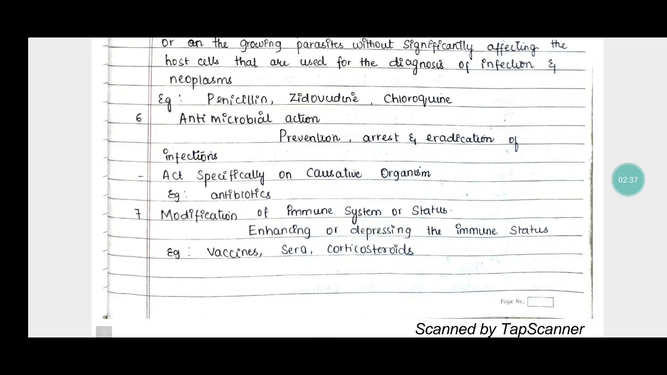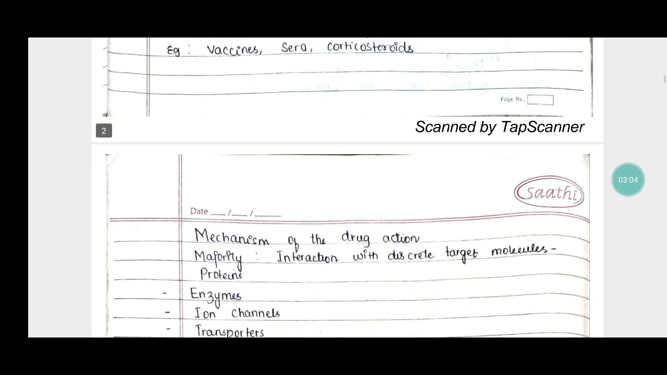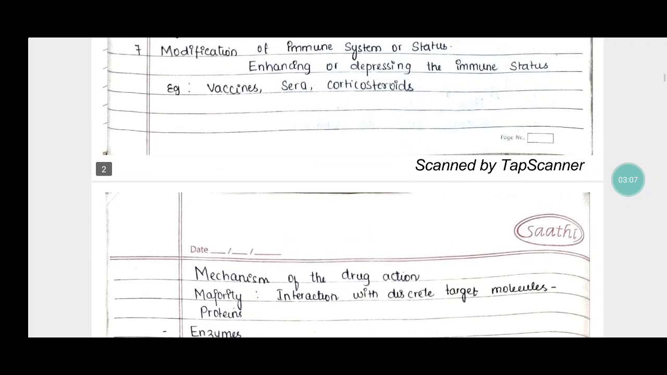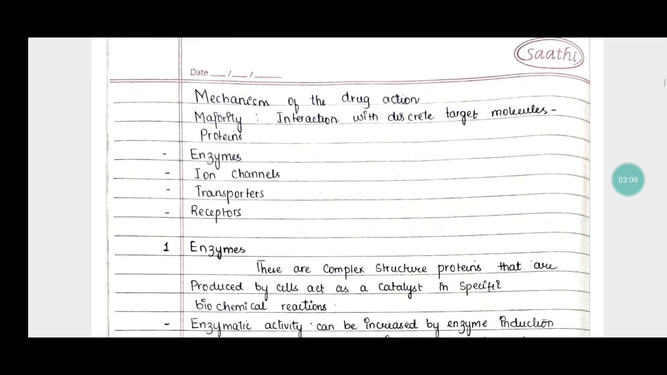And number 6, that is antimicrobial action. The prevention, arrest or eradication of infections, acting specifically on causative organisms, for example antibiotics. And number 7, that is modification of immune status or immune system, where the immune status is enhanced or depressed, like vaccines, sera and corticosteroids, which are examples of modification of immune status. So the mechanism of drug action is majority interaction with discrete target molecules, proteins,